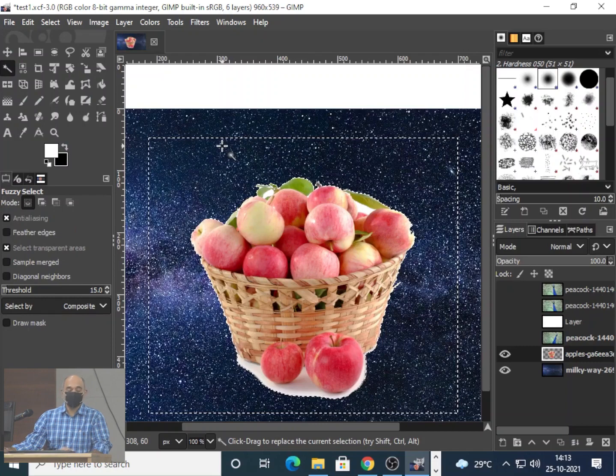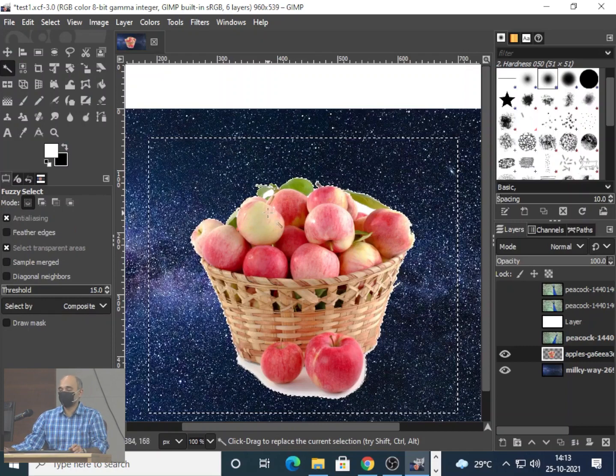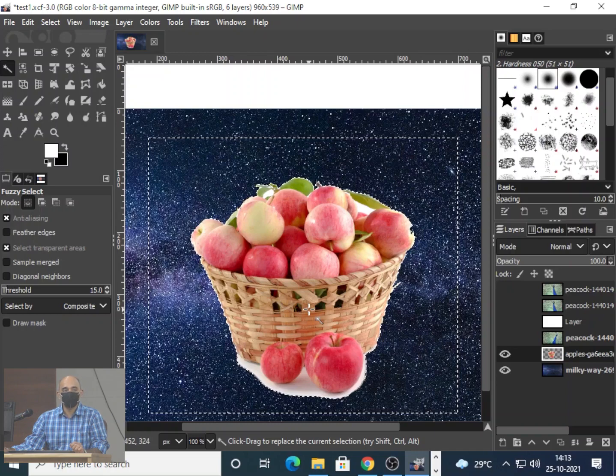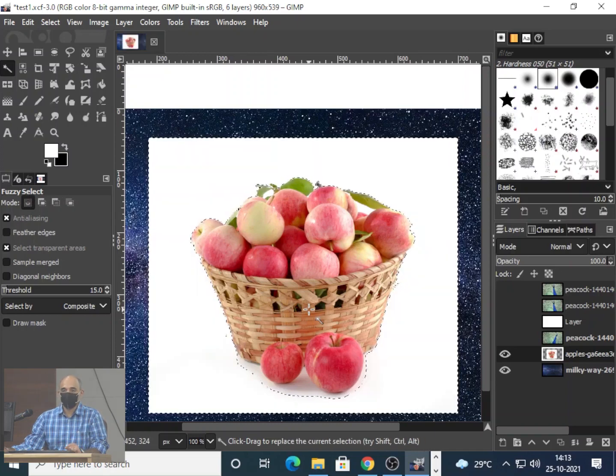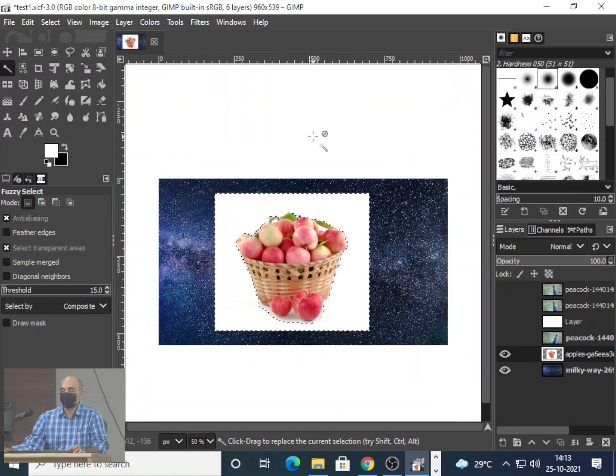Don't mind the type of cut that it has got, it's not very clear or whatever. What has happened? The image data is lost, right? This was what the image was, and some data is lost. Okay, so what is the other option that I have? I just showed you the option. You can mask it. Okay, mask out what? The white area, right? I don't want the white area, I just want the basket.